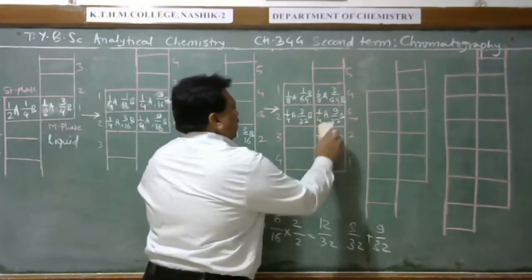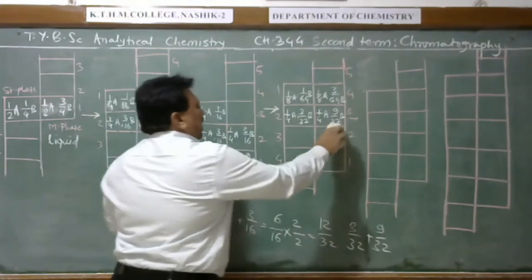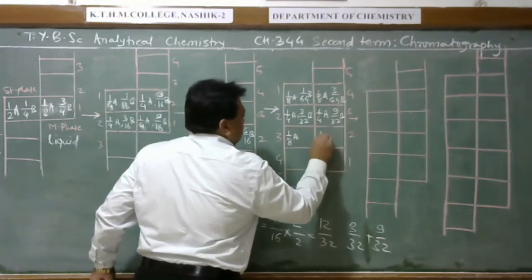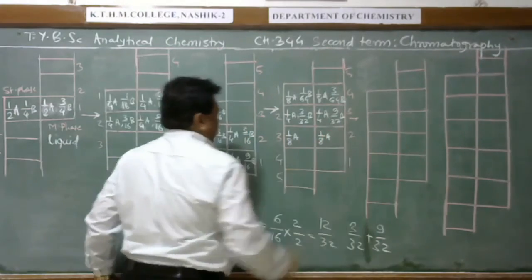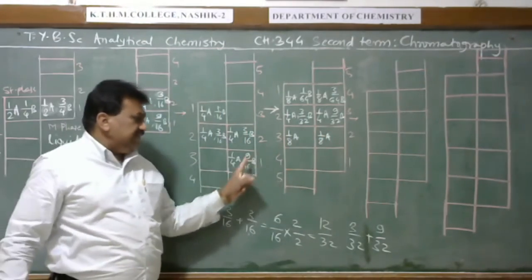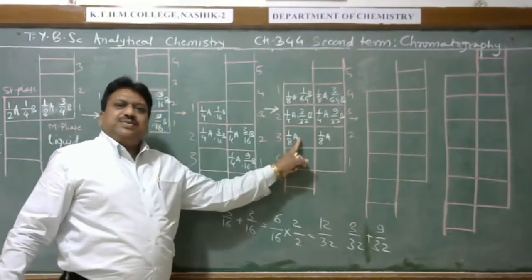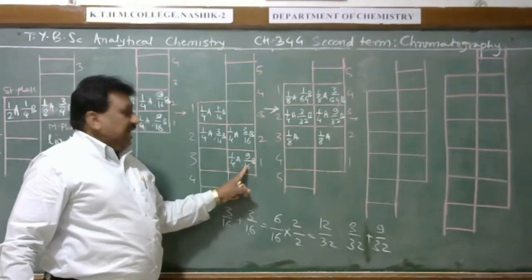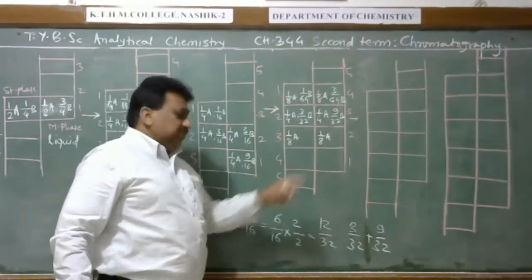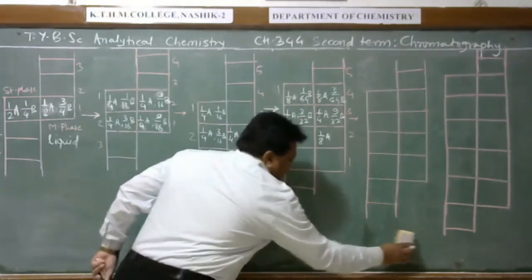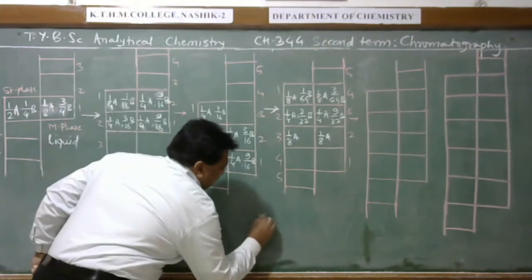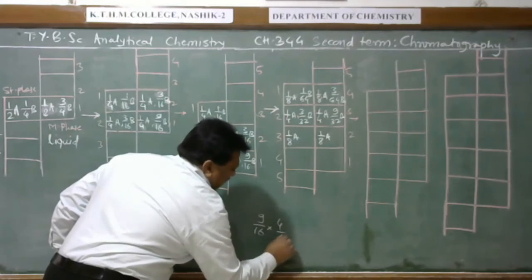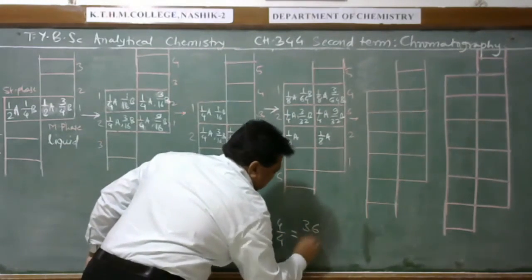Again here A will be distributed as a half. That means 1/8 A will be given here and 1/8 A will be given here. That means here A is distributed equally. Now 9/16 we have to distribute as 25% and 75%, and again 9/16 into 4 divided by 4 means 36 divided by